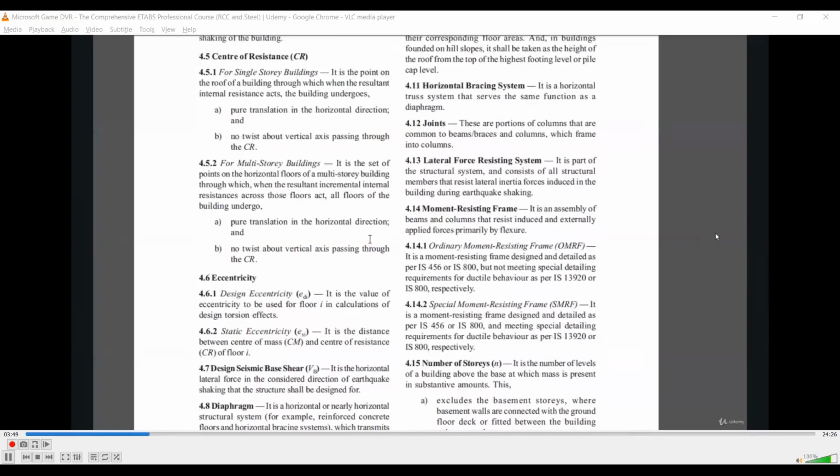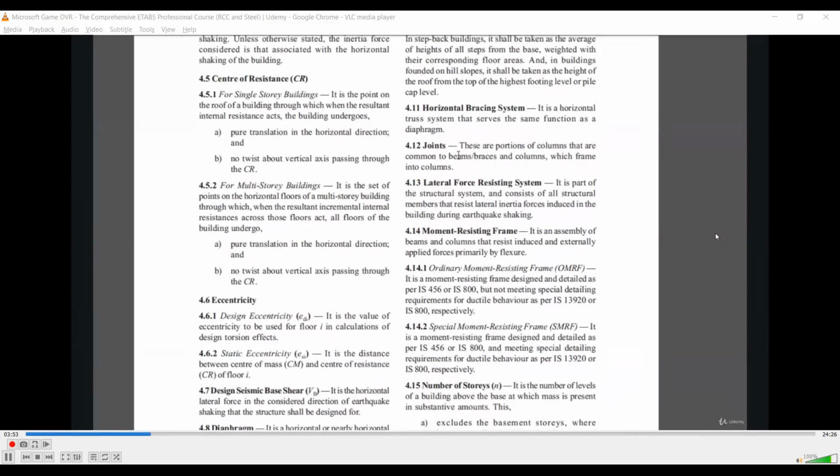After that, the code gives us guidelines for horizontal bracing system, joints, lateral force resisting system, moment resisting frame. There are two types of frame: ordinary moment resisting frame and special moment resisting frame. An ordinary moment resisting frame can be designed and detailed as per IS 456 or IS 800. IS 456 is the Indian standard for concrete design.